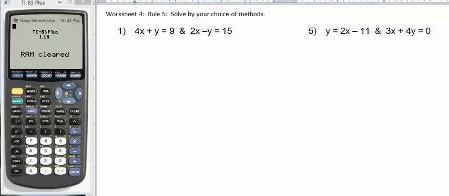Alright, for worksheet 4, we're going to practice solving these by our choice of method. Now, remember, we can always solve any of these by solving for y and just putting it in y1 and y2 of the calculator. So for number 1, if we were going to use that method, we would do,